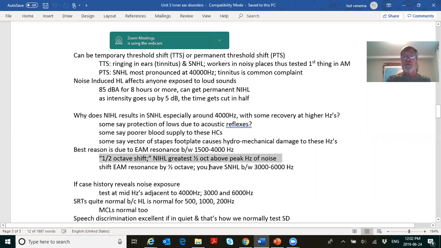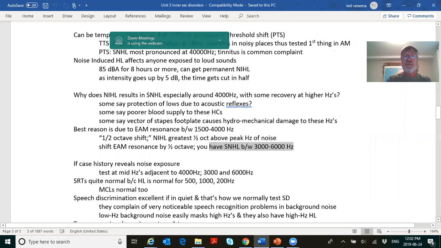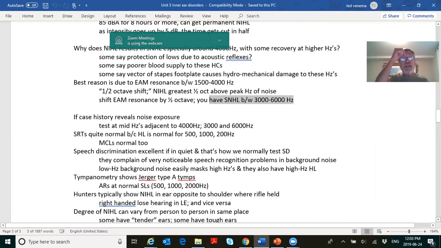Therefore, you've got most sensory neural loss with noise-induced hearing loss between 3,000 and 6,000 hertz. If case history reveals noise exposure, always test at 3 and 6, the mid-frequencies. We're almost done here. SRT, speech reception thresholds, will be quite normal because hearing at 5, 1, and 2,000 will